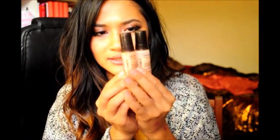So first and foremost, I was sent the Everyday Beauty system, I believe. It comes with this one speed compressor system and 2 of the larger foundation sizes, as well as moisturizer, primer, blush, bronzer, and a highlight. So that's what it came with, and they also gave me, in addition to that, an eyeshadow duo and a boosted